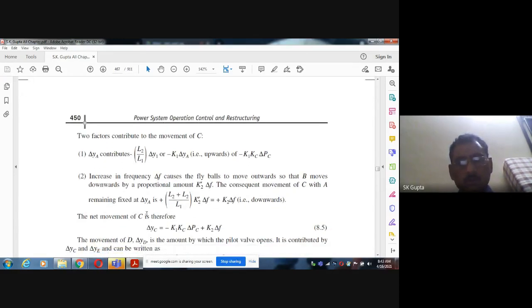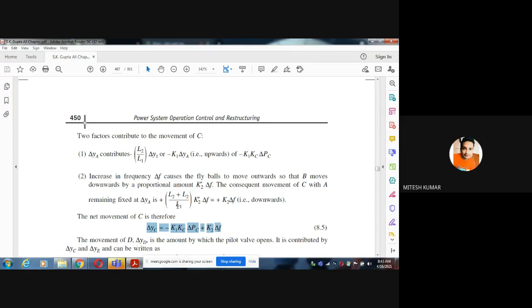This YC is proportional to del PC, means A point पे आपकी power जो change हुई, and change in frequency. If anybody is having any question in this equation, you can ask. यहाँ तक इस equation में अगर किसी को कोई doubt है, then you can ask. We have described these steps which are written here, how we can get this equation. Okay, is this equation clear or not? Yes, sir. Okay,